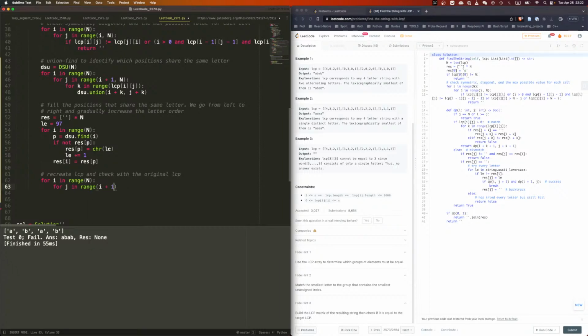Because we start with 0, 1 in this, and then we can say, actually we can just say k equals 0, right? And while k plus j is more than n, right? Then we say